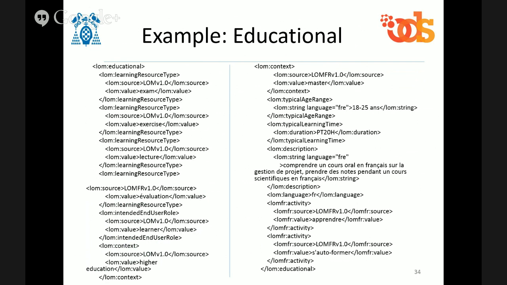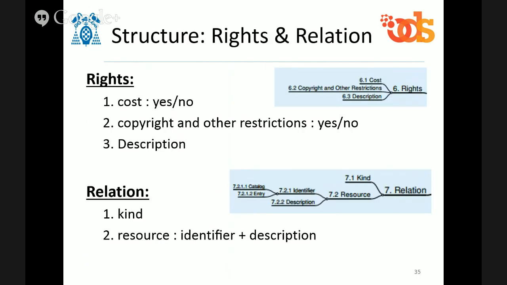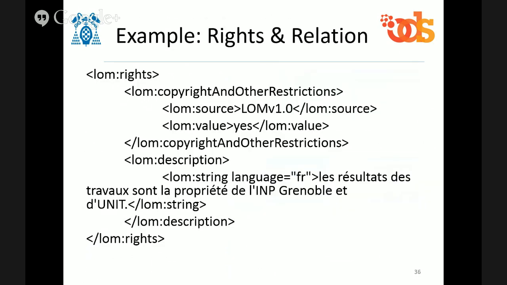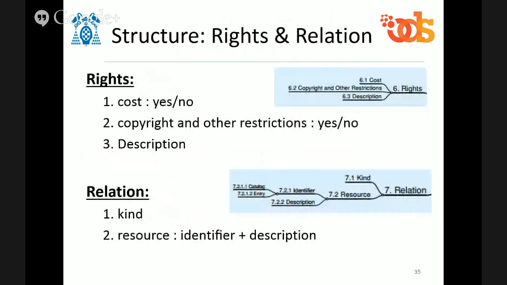And here we have the example of this part of the application profile. Okay. The last ones, I think these are not the last ones. We are in the six. Well, we have here rights and relation. Rights is pretty obvious. It's information about the rights, which